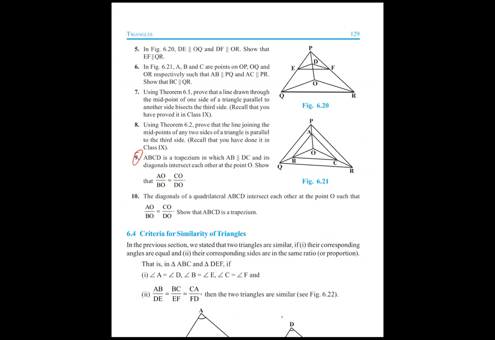9th question. Draw the diagram of trapezium ABCD and show the parallel lines. Mark them parallel with the arrow. AB is parallel to CD. And then draw the diagonals also. Then you identify which triangles you have to apply the basic proportionality theorem to. If you draw the trapezium, mark it parallel, and then join the diagonals also. Okay, they told you now to join the diagonals. Then you identify two triangles where you have to apply the basic proportionality theorem. Actually, you have to do some construction here.